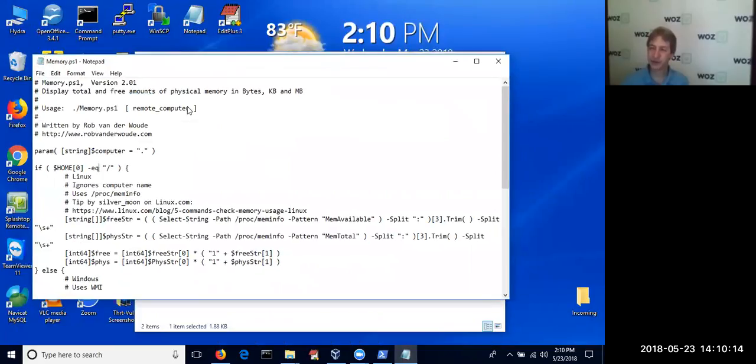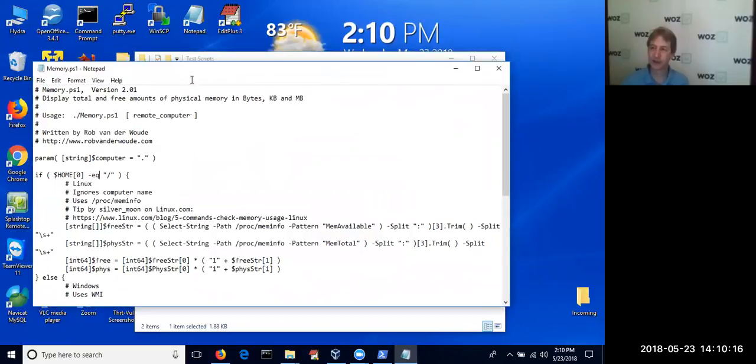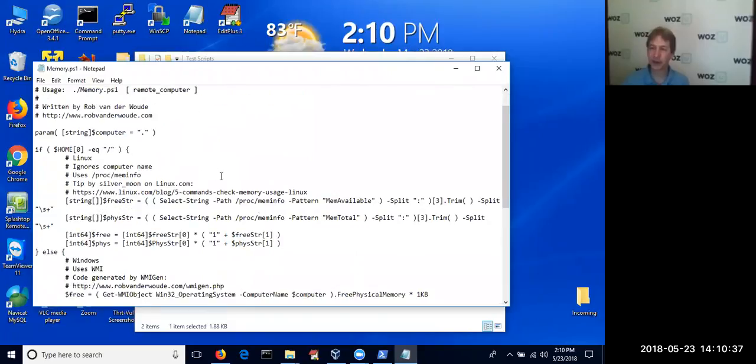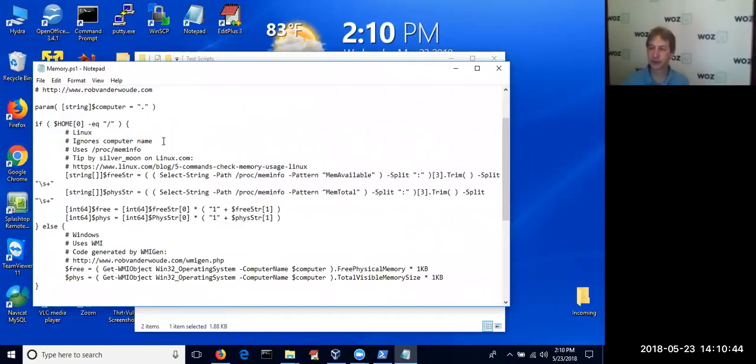Now, this is a much more complex script, obviously. It was written by Rob here, and so I'm giving credit where credit's due. You'll notice that we're using the hashtags or pound signs as the comments. So memory script version, some information about how it works, who wrote it, and so on. And then it begins to set up some parameter variables. One of the things that it gets is the actual computer's information. Then we start setting up,